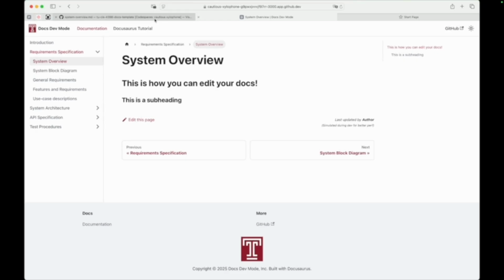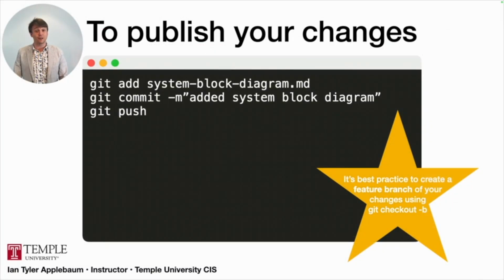Okay. So how do we publish these changes? To publish the changes, you're going to have to rely on Git. So you would type in git add and then the file that you changed. So in this case, systemblockdiagram.md. You could add all of the files you changed at once with git add dot or git add -a. But it's kind of better to just do it a file at a time so that you can give commit messages that are specific to that file that you changed,